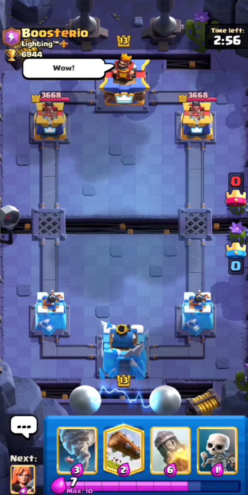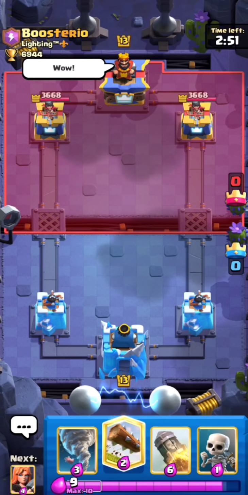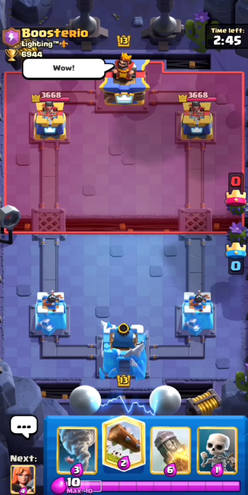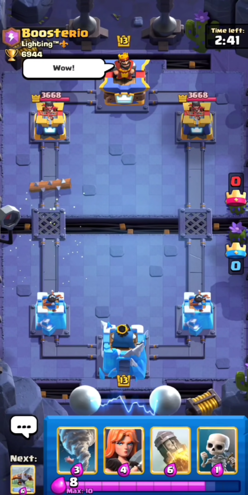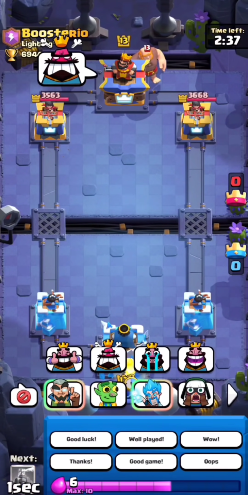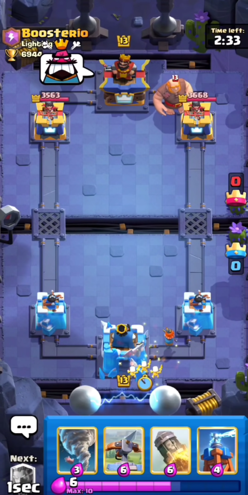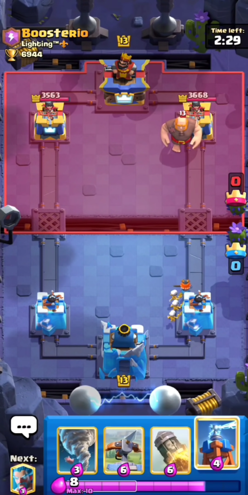Okay, we're up against Boosterio, so it seems like he might know us or something. That could be a good or a bad thing, but we'll see. I'm gonna assume he has Xbow, since he's spamming emotes. Okay, so since he's giving us like the cry face and the mad face and he played giant, I'm gonna assume that he counters us, so